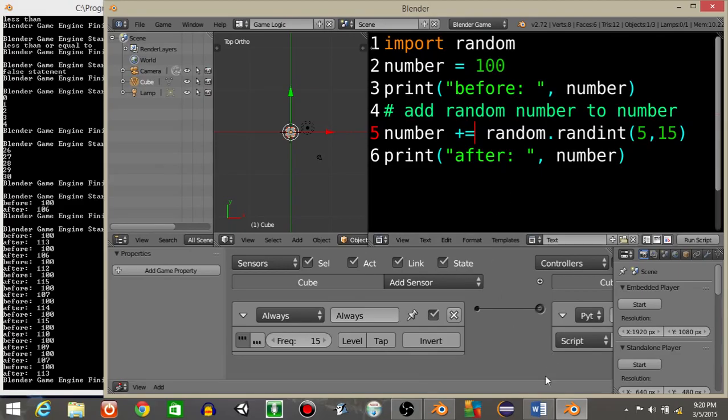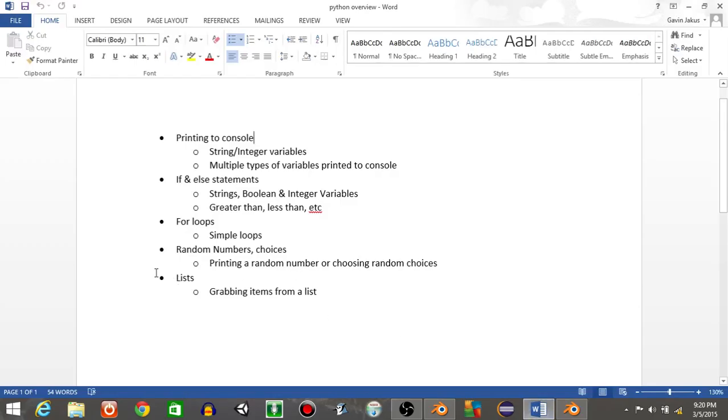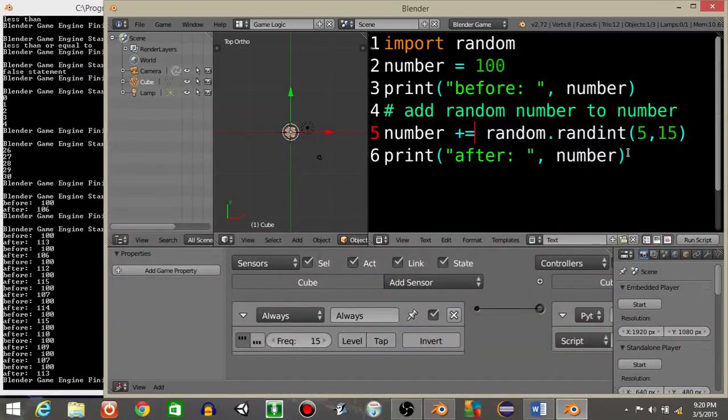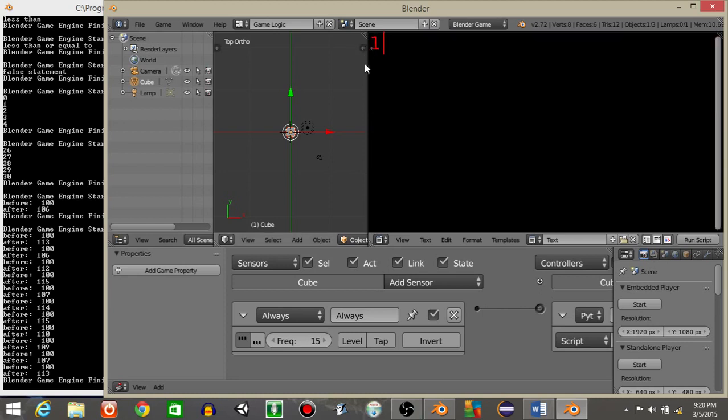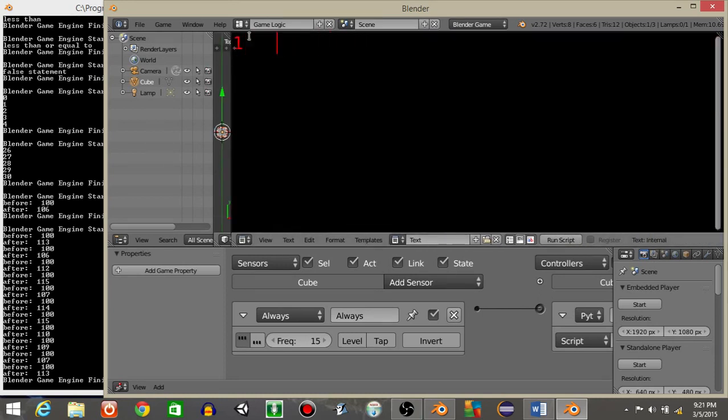Okay, I know on this sheet right here it says I'm going to do lists first, but I'm actually going to do the random choices from the list after we do the list itself. So what we're going to do is get rid of everything right here really quick, and I'm going to define a list. So list is going to be equal to an array of items, so 1, 2, 3, 4, and 5. This is our list. If we print our list to the console,